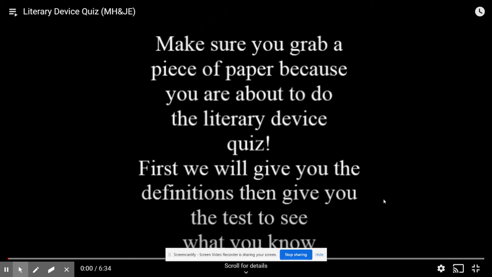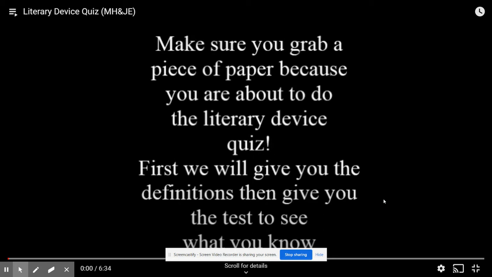Okay, guys. So what you're going to be doing today is doing an EdPuzzle over literary devices. So kind of like how we did the Kahoot on Tuesday, with playing the musical clips, and then you had to guess which type of literary device is used. The same is going to go for this. You should be pretty familiar since we went over the notes on Monday and did some practice throughout the week through the Kahoot, as well as the Robert Burns poem, A Red, Red Rose, and the Gym Class Heroes song,